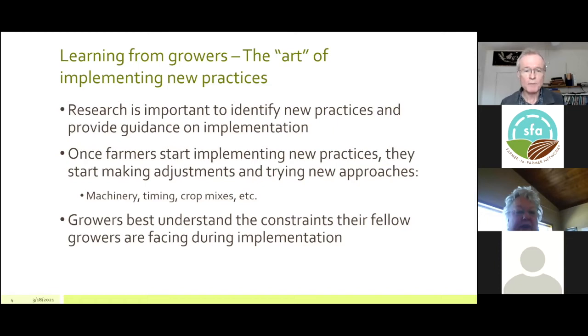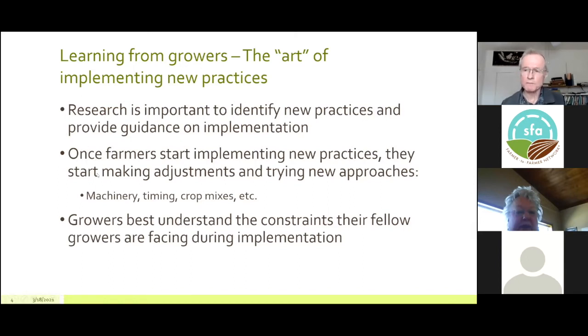And so, part of this is really understanding that a grower is going to better understand the constraints of a fellow farmer grower, probably better than someone that does not have that experience of dealing with all of the risks that are involved in farming, weather, changing seasons and whatnot.